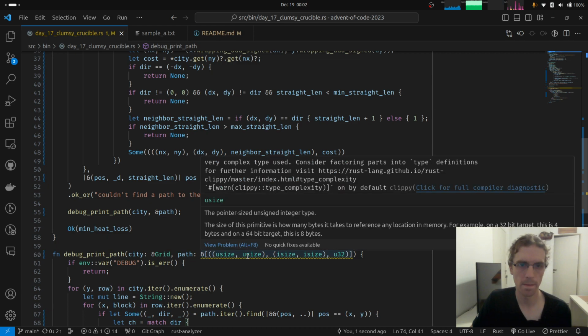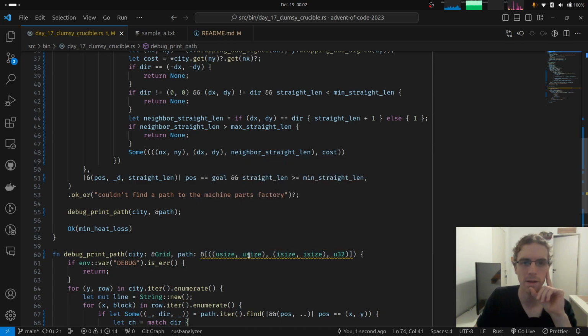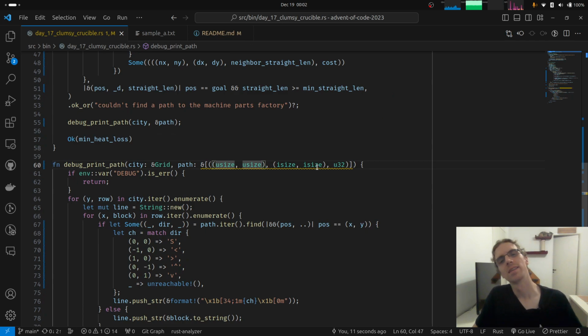So very complex type used. Consider refactoring into type definitions for further info. Blah, blah. Like, well, what can you do? Yeah, I know it's complex, but come on.